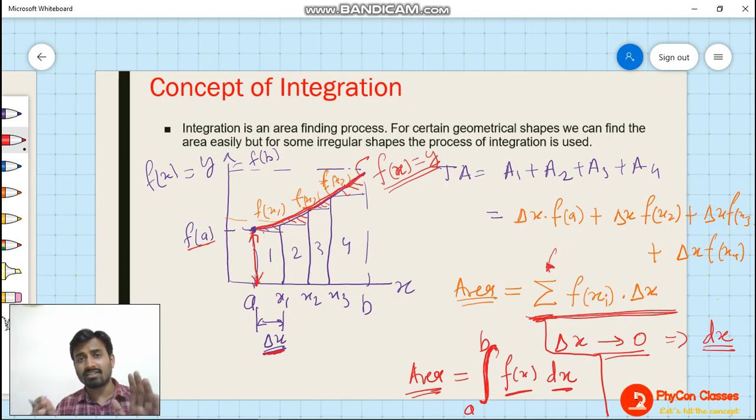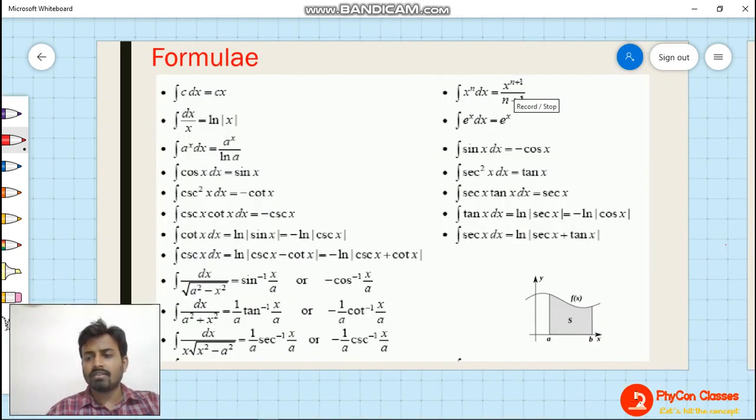Understand? The summation of a number of terms, thousands of calculations, we cannot do it. For that, there is a tool which is called integration. Yes, that will give you area with minimal error. Minimum error. Clear? Now see here I have shown some number of formulas over here, and you just take a screenshot, or better, stop the video and write down all these formulas, because next we are going to just solve the problems based on these formulas. Directly we have to use the formula and solve the problem.